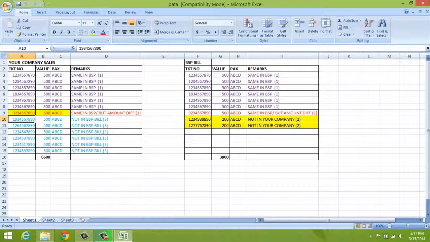Some ticket numbers are not in the BSP bill but are in your company details, and in the BSP bill these two ticket numbers are there but not in your company data. We need to reconcile this report because your company total for that month is 6600 and BSP billing is 3900 only. We need to know how it comes.